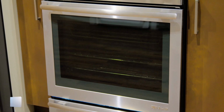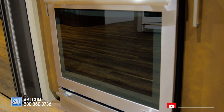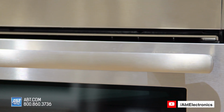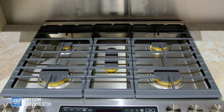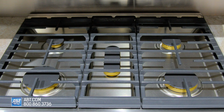This 30-inch slide-in gas range by Jenn-Air features a stainless front with an extra-large black glass viewing window and 2 European-style stainless handles. It has 3 continuous heavy-duty interlocking edge-to-edge cast iron grates and 5 cast-on brass sealed burners with removable caps. Burner output highs consist of one 5,000, one 8,000, one 9,200, one 15,000, and one 19,000 BTU